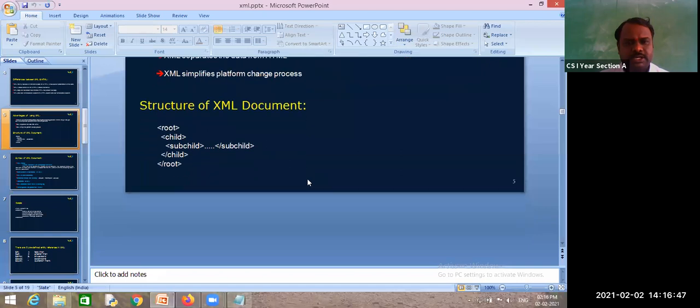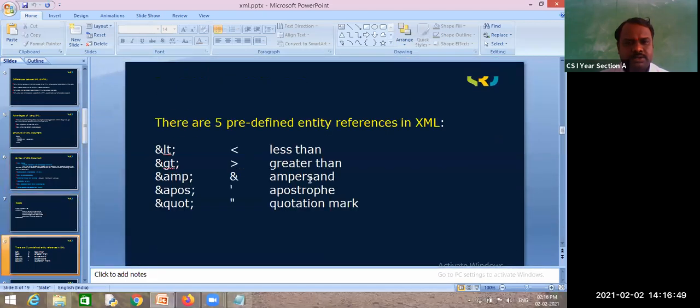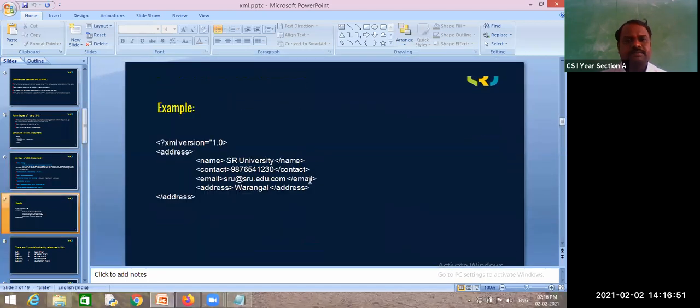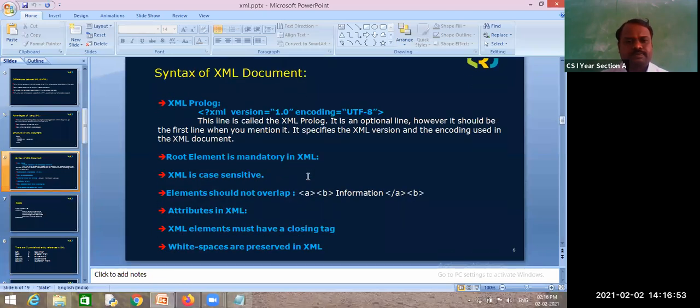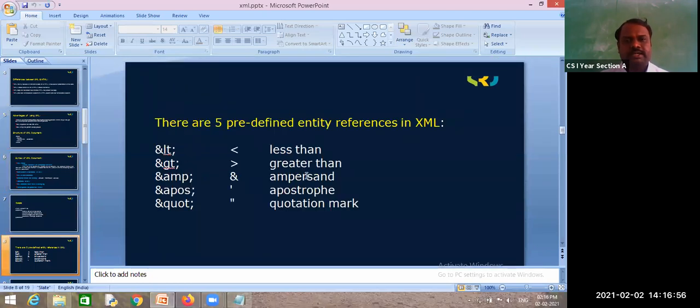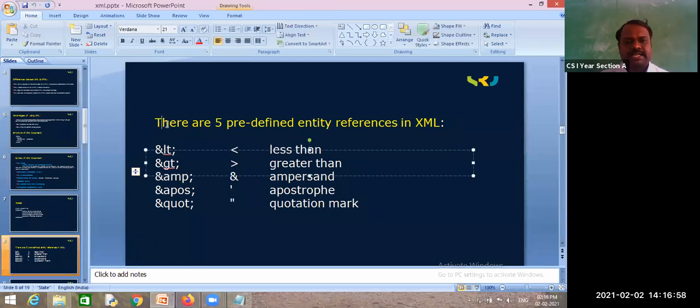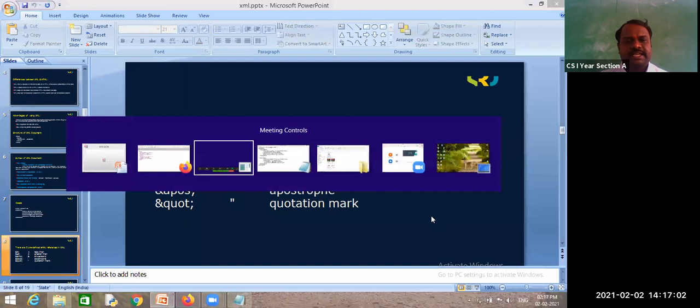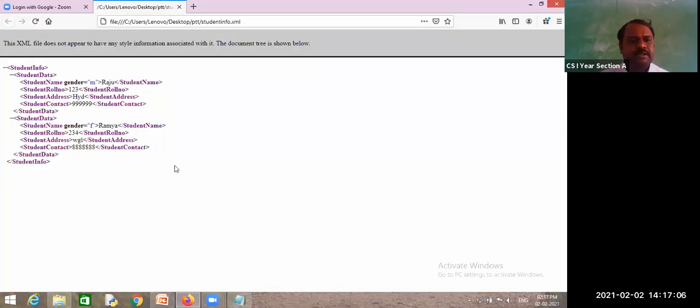Advantages of XML document, these are the rules. And one more thing: XML provides 5 predefined entities in an XML document. For example, this address, what I have written: address Warangal.